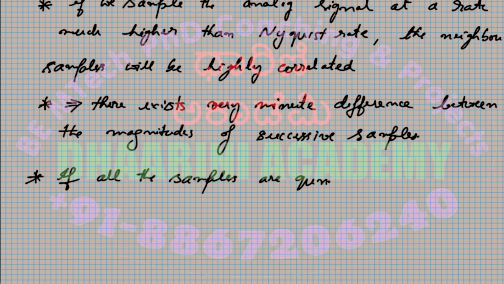So if all the samples are quantized, immediately after quantization, you perform encoding, okay? And encoded, then you see, all this information is not required, correct? That means we have the redundancy,